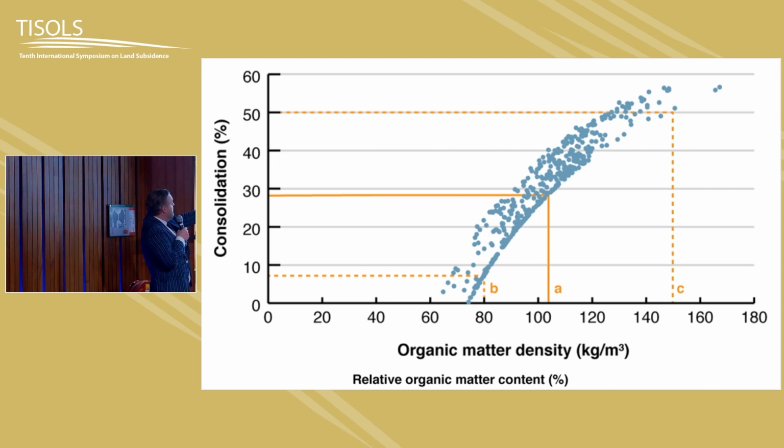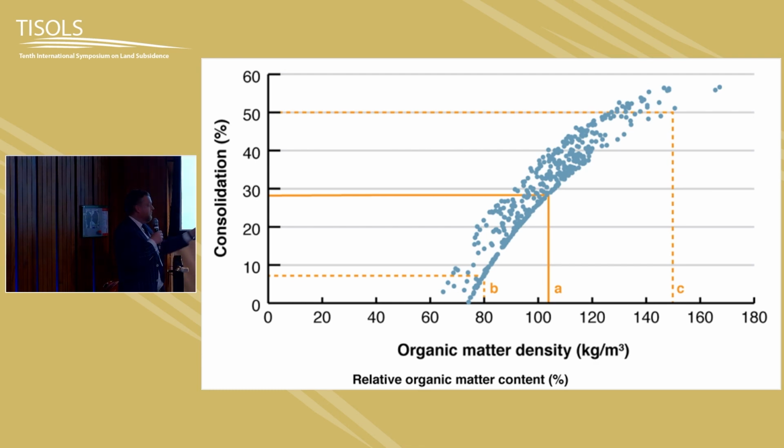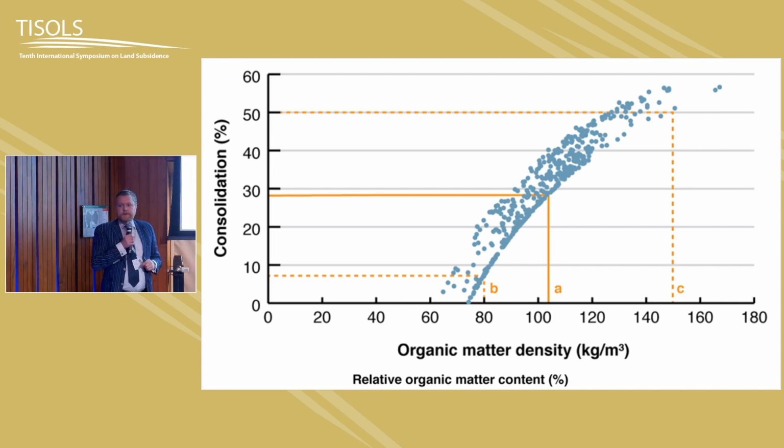We can also see that for the lower boundary, if we take 80 kilograms per cubic meter, we need only 7 or so percent, and if we take the upper boundary of 150, we need 50%. So that's the range, the average range of compaction of all those peat samples in the Netherlands. Now, I'll take the average, that's for now, to go to the final calculation.